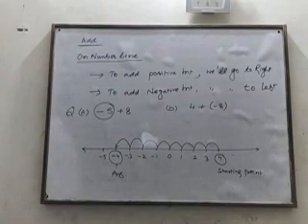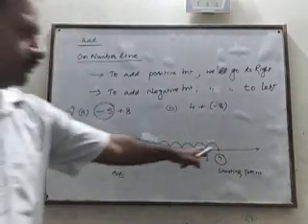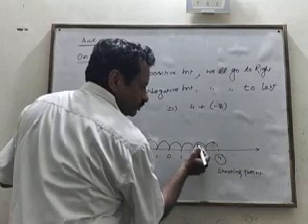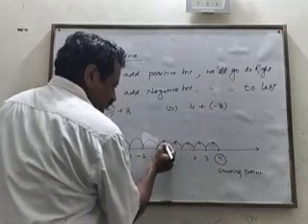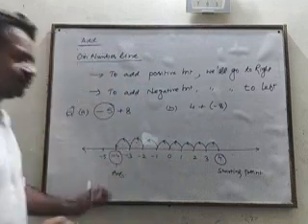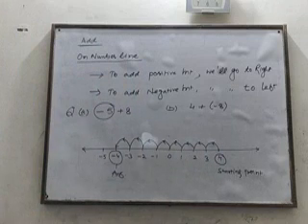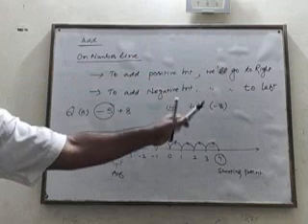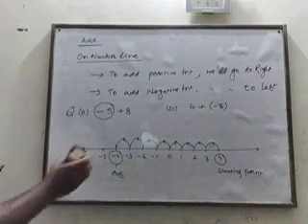So this is how we do it on the number line. You can do it directly also by calculating all these things. Put the arrow here showing that we are going to the left side. So on the number line, we do the addition in this way. If we are adding a positive number, we will go to the right. If we are adding a negative number, we will go to the left.